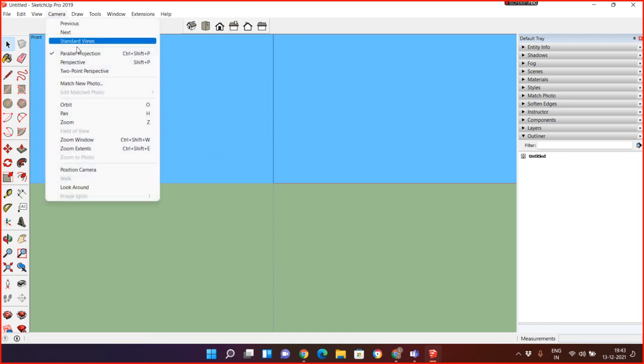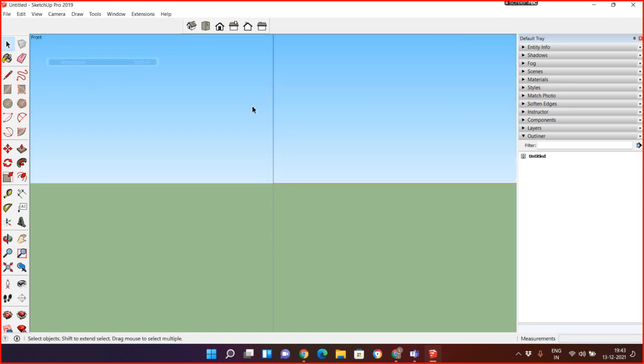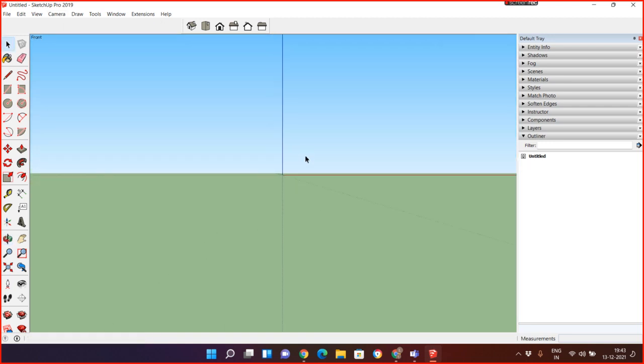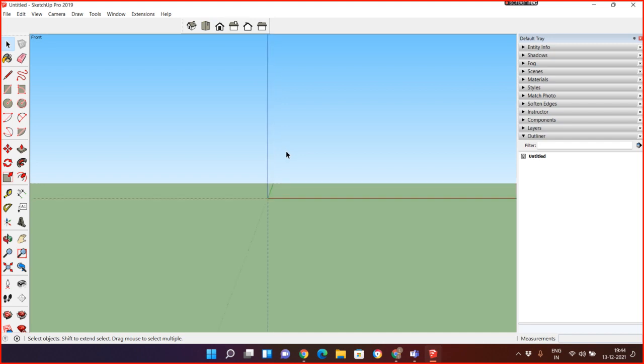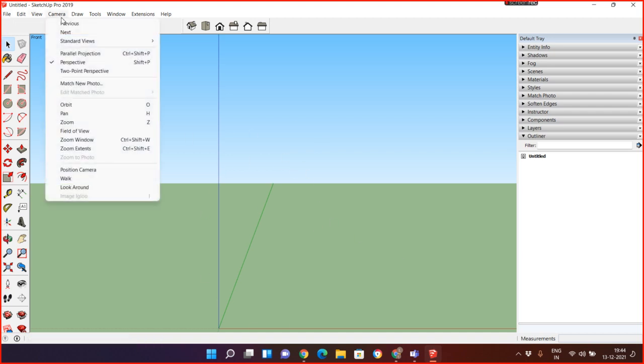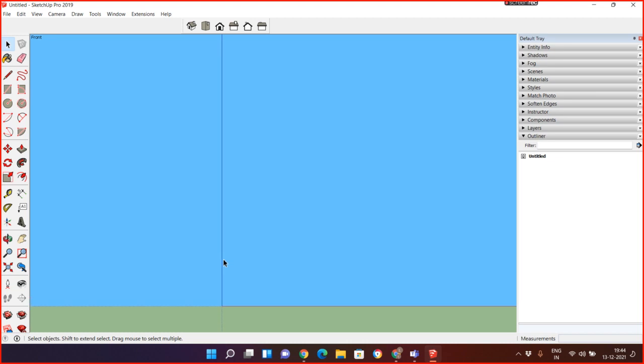And if you want 3D, three-dimensional rotation, you need to click perspective and now it becomes perspective. So look, what is the difference between perspective and parallel? Suppose I'm in front view and by mistake I scroll, see it becomes perspective. But if I do the same thing with parallel projection, whether you zoom in or zoom out, you never come into perspective, it's just parallel.